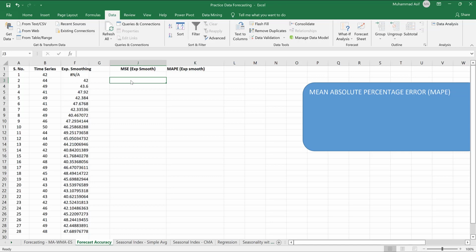These negative values can distort our average because we'll be taking average in the next step at the bottom of this column. So to avoid that, we will convert those negative values into positive values by another way, that's taking square. So first of all we take difference of time series and forecast, and then their square,